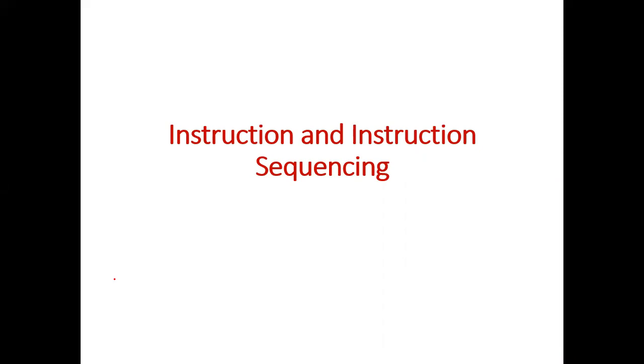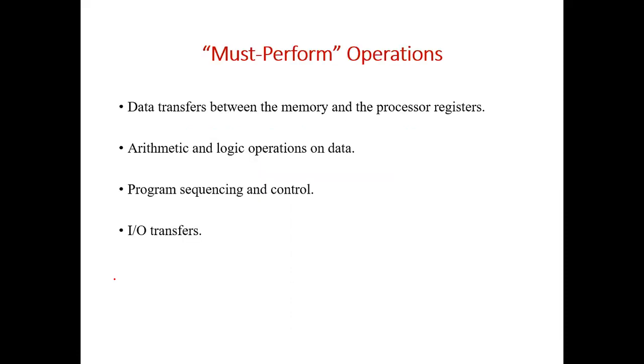Like if there is a branch instruction, then this flow may get diverted, or if there is a loop, then this flow may get diverted. So how instructions execute in sequence, and when a branch happens, how it gets diverted, those things we'll be discussing in this lecture. We'll also be discussing different types of instructions, and how they are executed by converting them into simple steps.